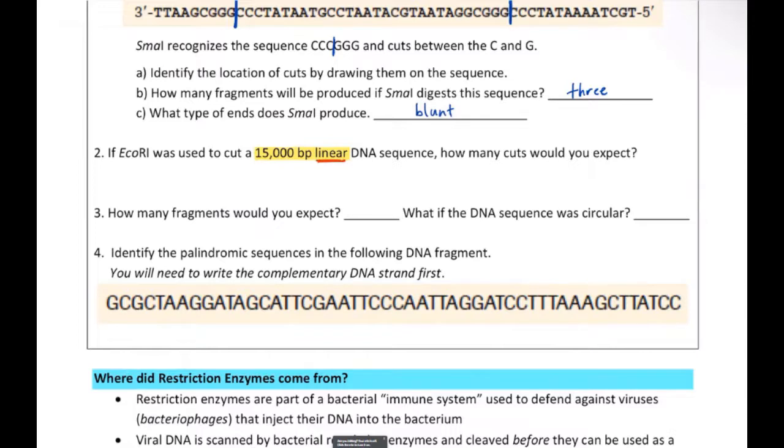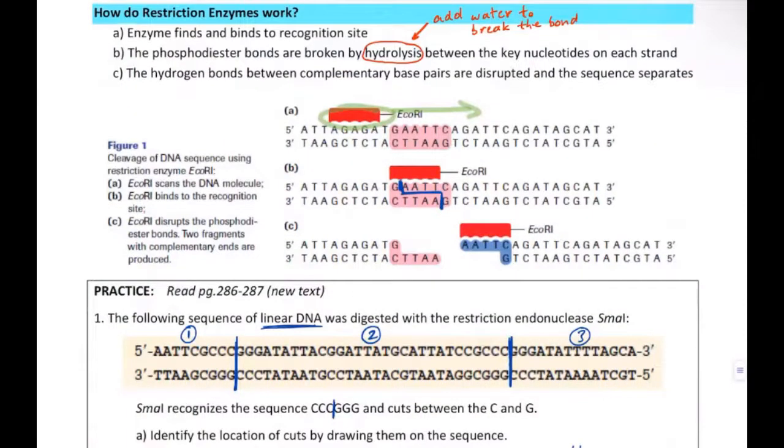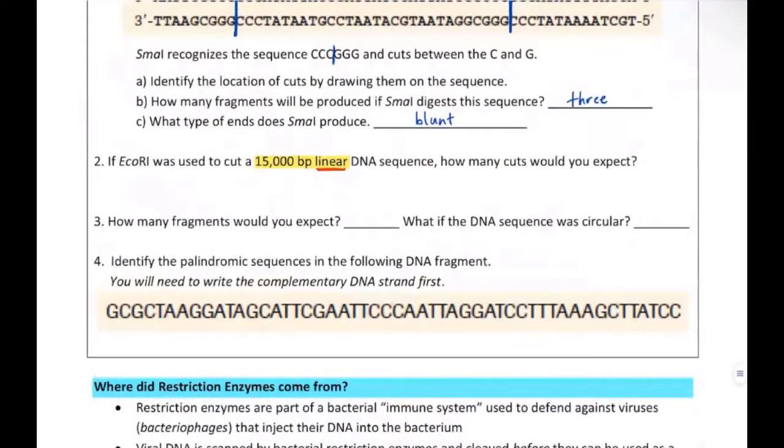If we check EcoR1 at the top of this page, we can see it's a 6 base pair sequence. So the probability of encountering one is 4 to the 6. Let me rewrite that. If there are 6 base pairs in that sequence, then the probability of getting that sequence is 4 to the 6, which was our